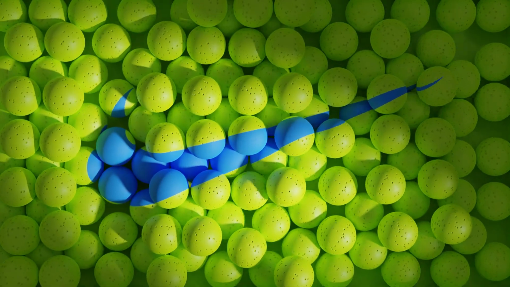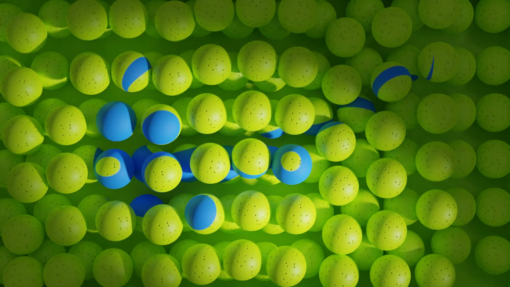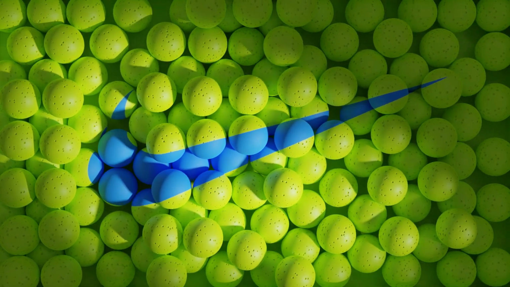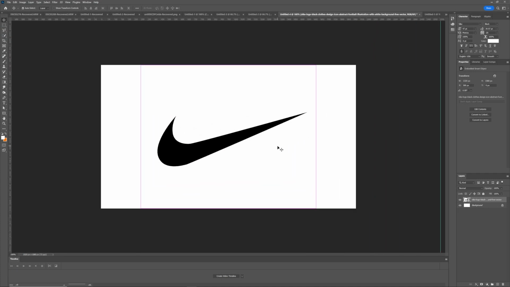How's it going? So today we're going to be creating this animation right here. What's cool about it is you can really use any logo, any text, anything. It's a very simple concept to achieve. So the first step is to get a black and white image of whatever it is you want, whatever image,